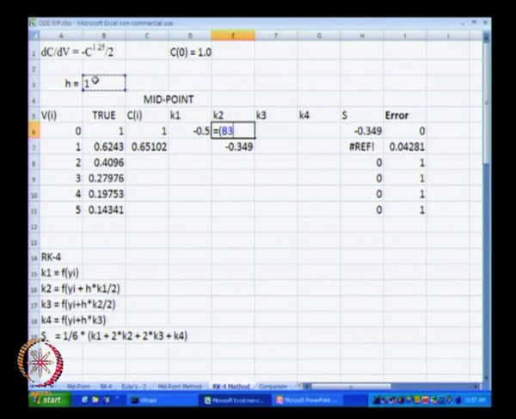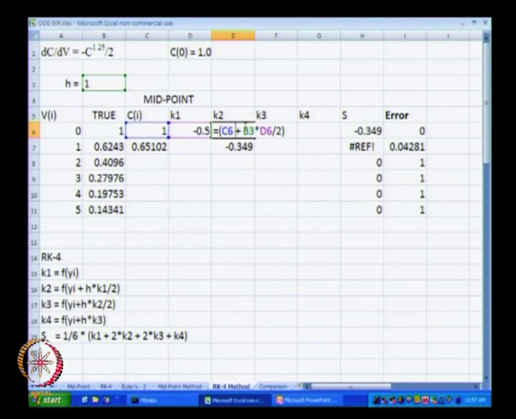So, this is h multiplied by k1, this guy divided by 2. That is the value of the argument of this function. So, yi plus h multiplied by k1 by 2, where yi is this guy plus h multiplied by k1 by 2. Okay. In the brackets the term that we have is the argument of the function f.